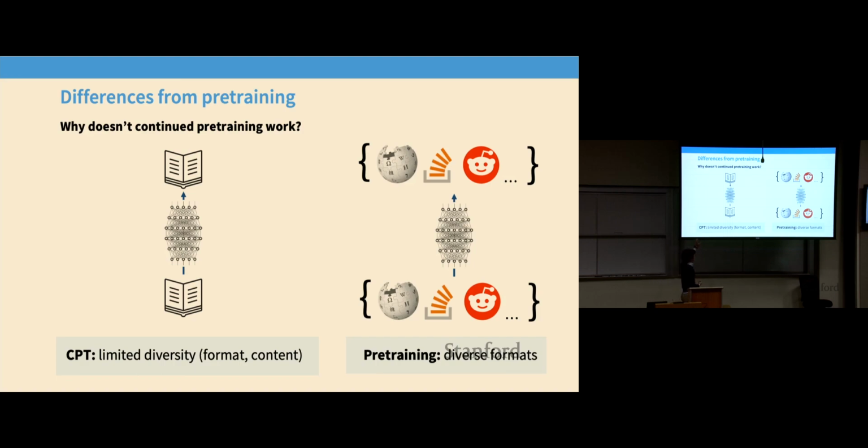On the left, with continued pre-training, let's say I have a single book. I only have one instantiation of that book, a single presentation. Very not diverse, in a way. On the other hand, in pre-training, if I want to learn about linear algebra, there's a ton of different places talking about the singular value decomposition. Probably there's a Stack Exchange post, a Wikipedia post, some Reddit discussion. There are hundreds of different ways in which the same fact is going to be rewritten. And in some sense, that's really critical for language models to learn, given the way in which they're trained.